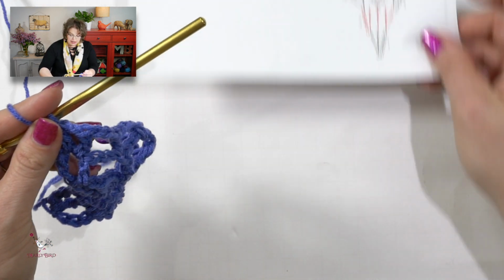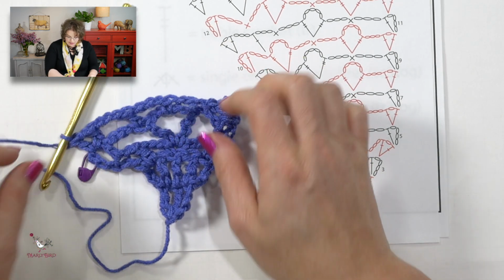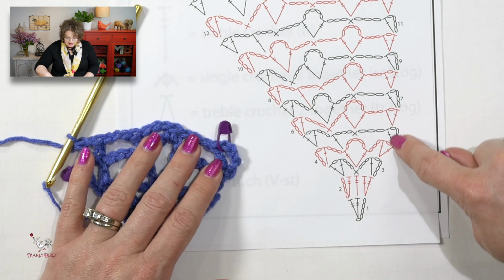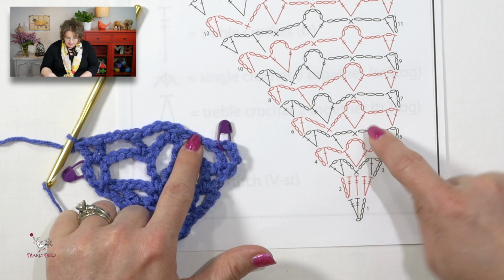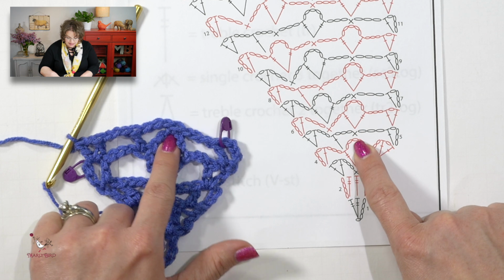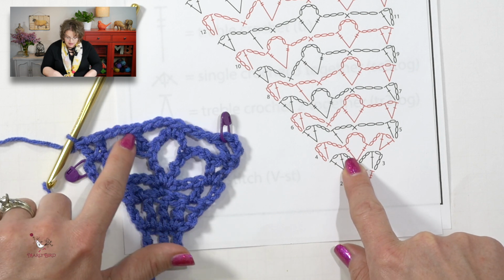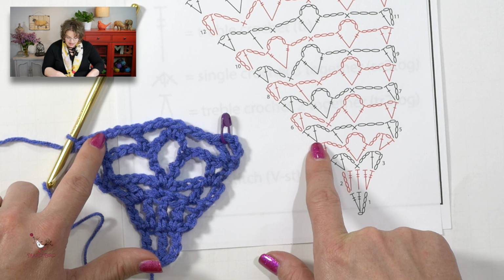Let's bring in my chart. You'll see here I am on row 5. And as I set this down, row 5 had me do the chain 4 and the double. So that was right here. I chained 3, I chained 3. I put a single crochet into that big chain 5 space, so that's right there. I chained 3, I chained 3. I put a double into my treble, double into my treble, chain 3, and then I finished with a